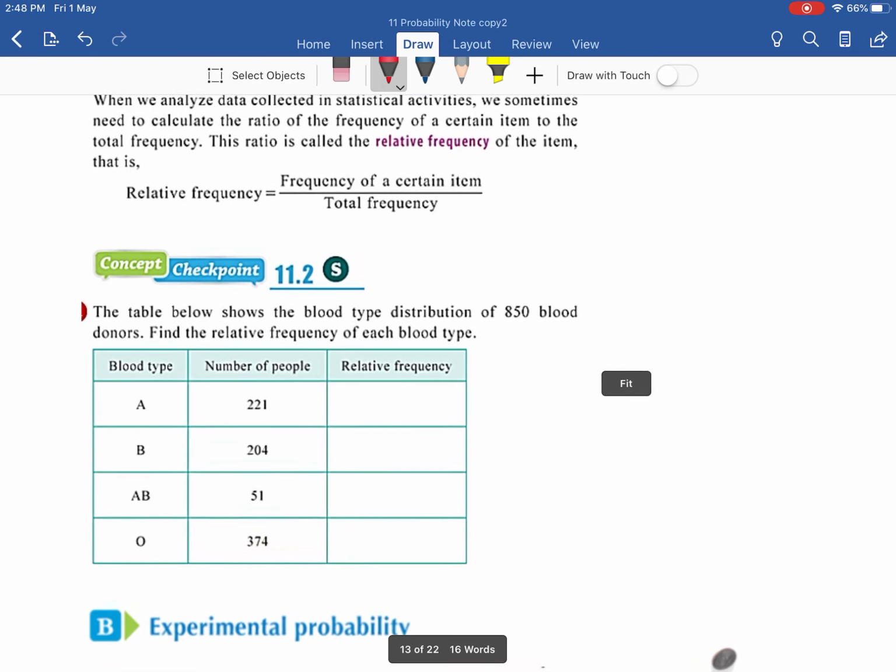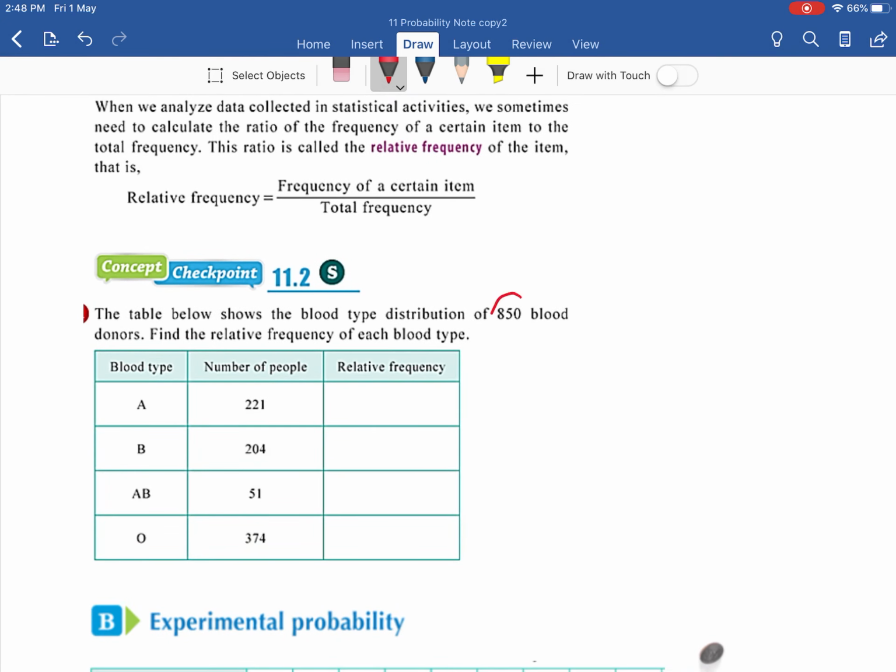So, for example, here, you test 850 blood donors, and then you find the blood type is A, B, or AB or O. And then you find that 221, 204, 51, and 374 respectively, the number of people. So the relative frequency for blood type A is 221 over 850. Okay, I count this one. The last one is